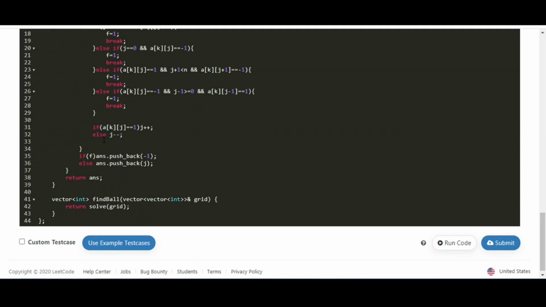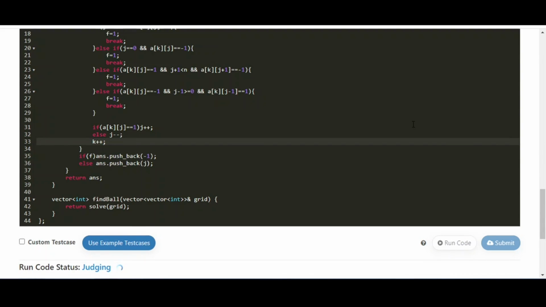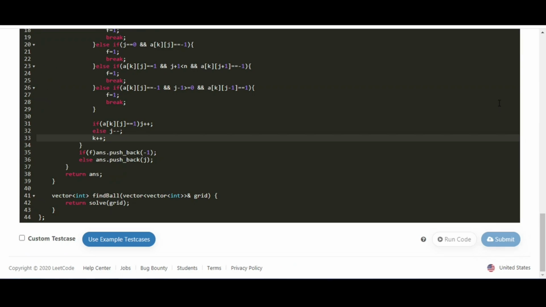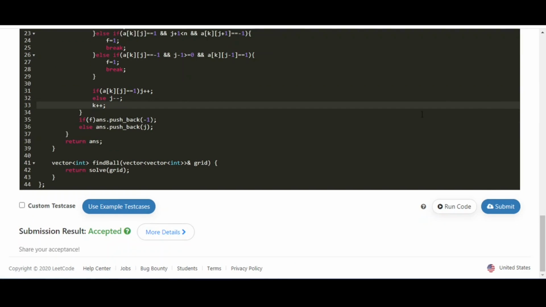And yes, we forgot to increment the row, so we have to do k plus plus. Let's run the code. So yeah, it's working. Yes, it got accepted.